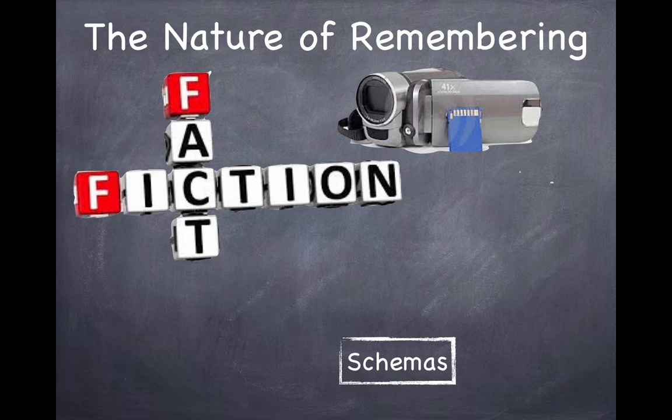Now there's a term that's used in memory and in learning, it's called schema. And schemas are the framework of knowledge or the assumptions that we have about people, about objects, about events, and that we can encode and recall information according to these schemas. So schemas are kind of like pre-existing mental concepts, that when I think of mammals, I have a preconceived mental concept about who and what gets included in the schema of mammals.